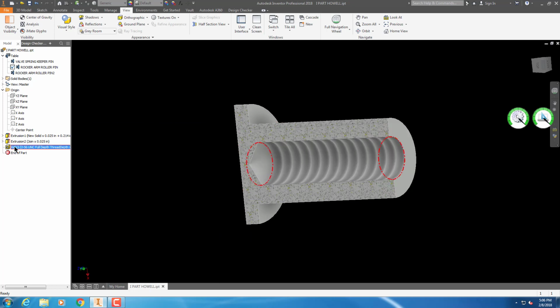Now I need to name this hole because I'm not going to have this tapped hole in every one of my parts. I'm only going to have it in 2 out of those parts. So I'm going to name this something, tapped concentric hole. Okay, so when I go to my table,